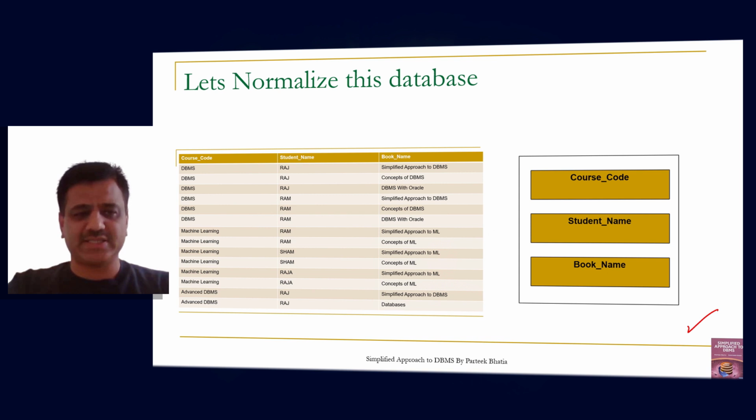And there is no functional dependence, because for a given course we have multiple values of student name, for a given course we have multiple values of book name, and for each other column we have multiple values. So there is no functional dependency anywhere in the database. Okay. Can you identify any non-key attribute in this database? Yes, there is no non-key attribute.